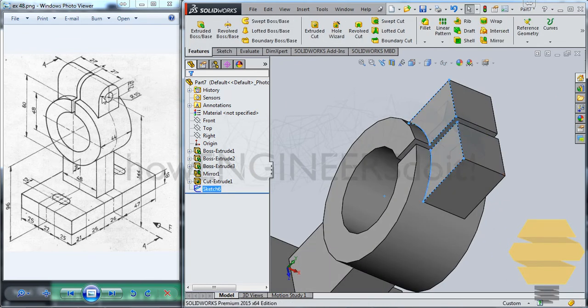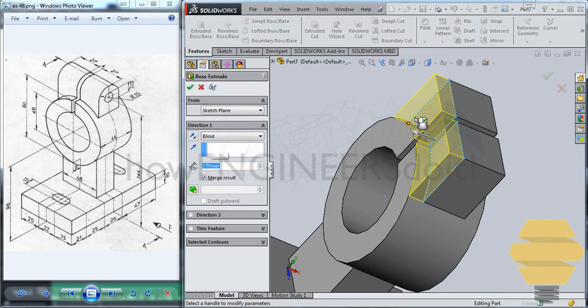Okay, this is 26, and this overall thickness should be 30. So that'll be 2 each on both sides. So extrude 2 mm material